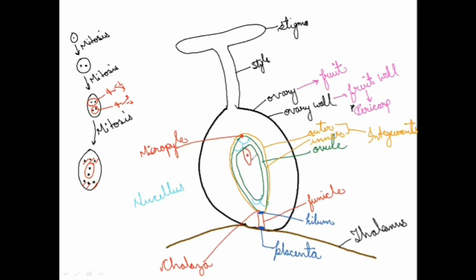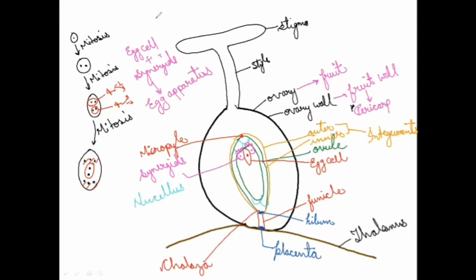What is it going to form? It is going to form the egg cell. It is larger in size as compared to the 2 cells which are present near it. These small cells with finger-like projections are known as synergids. So, as you can see, synergids are present on which side? Synergids are present on the side of the micropyle. Egg cell plus synergids together are known as the egg apparatus.